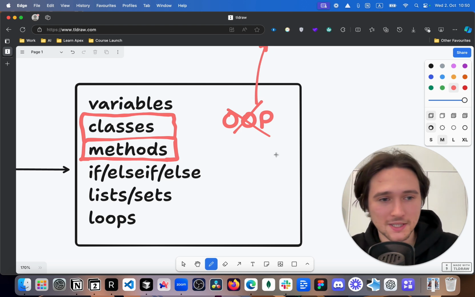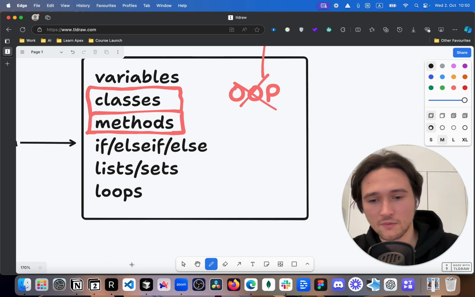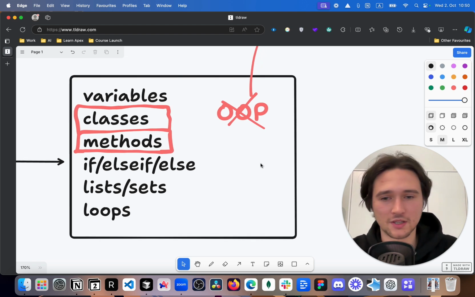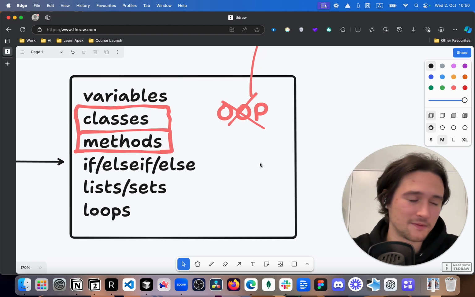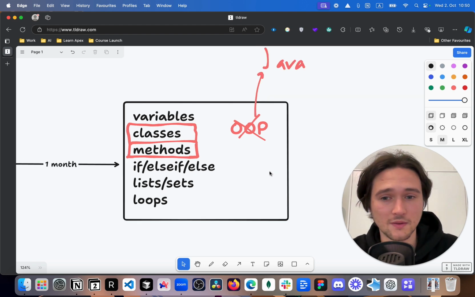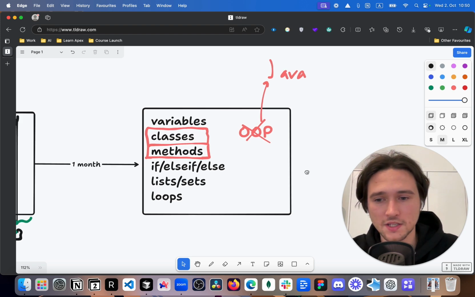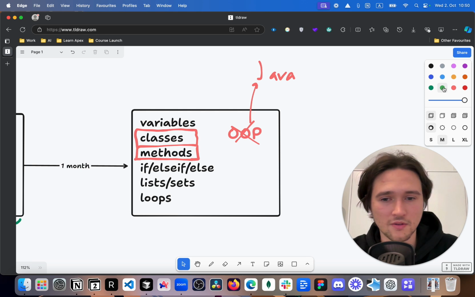Okay, so I keep it simple on purpose. What about this topic? What about that topic? What about static, non-static? What about access identifiers? All of this, we don't need it. We are trying to make you a developer relatively quickly. All right, so you have these topics, right? Let's say you already tackled them.